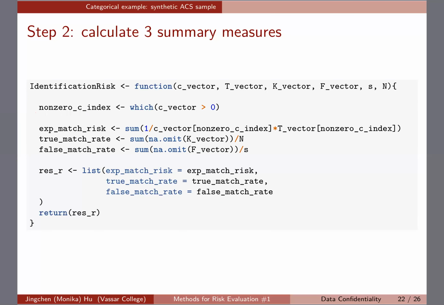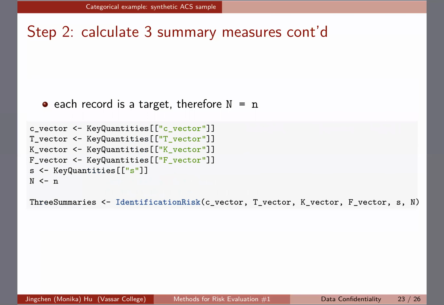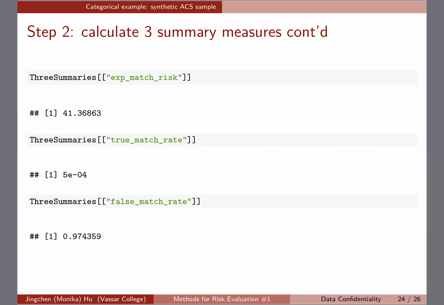Okay. All right, so I just want to show you the results we have on this data set. I have 0.0005 for the true match rate, 41.4-ish for the expected match risk, and then 97%-ish for the false match rate. Okay, so